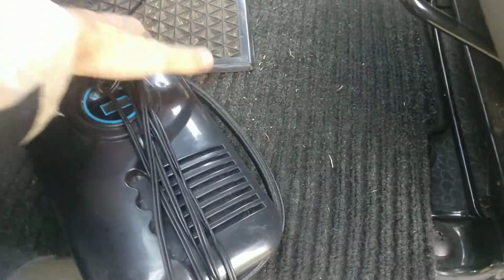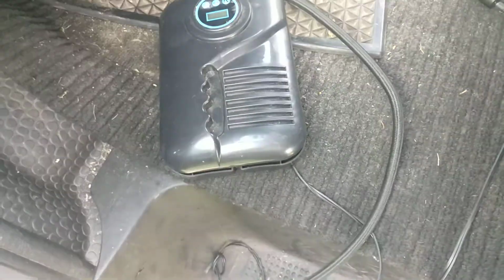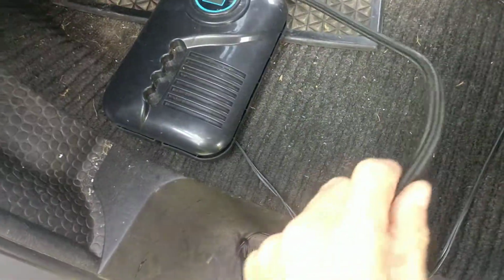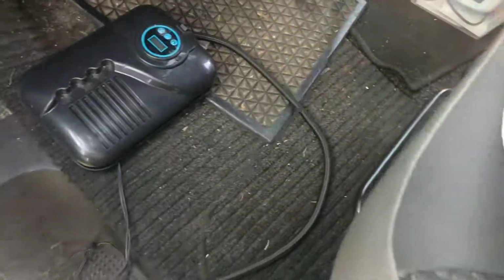It's always handy to have a pump like that, because whenever you get a flat tire, you can take care of yourself. You don't have to get serviced or towed, because towing is going to cost you much more than the maybe 10 or 12 euros that you need to spend on this little fella. It takes a long time to fill it up, but eventually when it's filled up, it will be filled up with the pressure that you actually